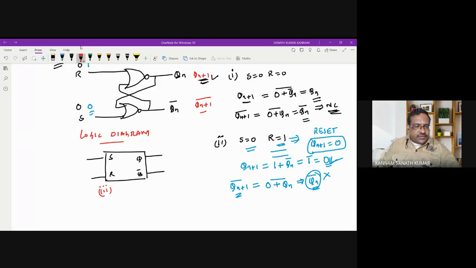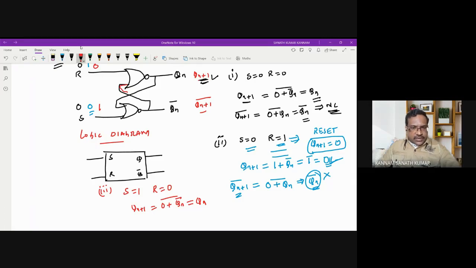So when S is 1 and R is 0, okay, so what I am getting, so when S is 1 and R is 0, so Qn plus 1 equal to, so see here from this side 0 plus Qn bar. So 0 plus this will be one input. So 0 plus Qn bar whole bar. So that is equal to what you are getting, Qn. So that means when you are taking Qn plus 1, you do not get any of the value.